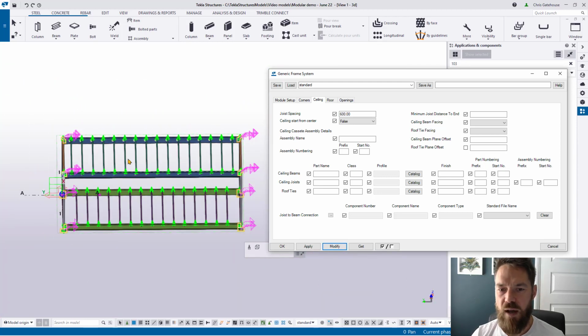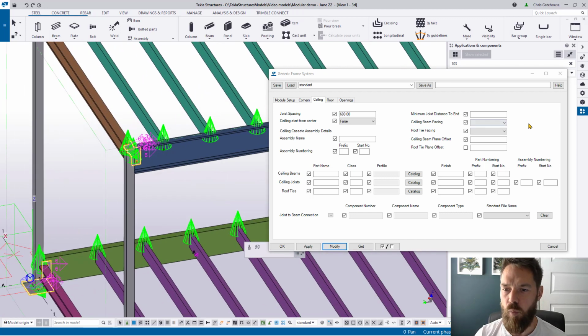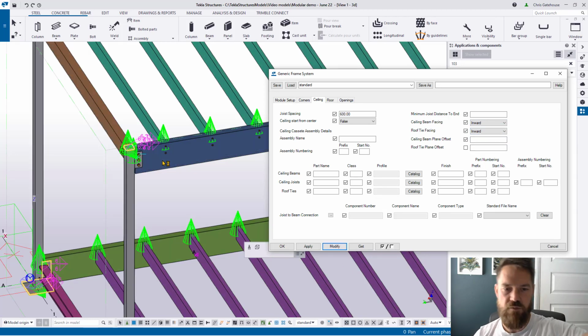Quickly noting over on the right hand side here, what you've got is orientation controls for both the blue and the green beams. Well, the green beams in the floor equivalent, but for this tab here, this controls the orientation of the blue beam, and the roof tie controls the orientation of this orange beam here. Okay, so that's either toes in, toes out. So currently they're toes out, so if we change them both to inward, you'll see that they've changed orientation,